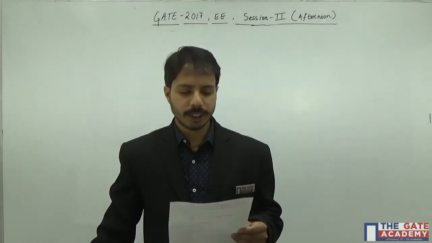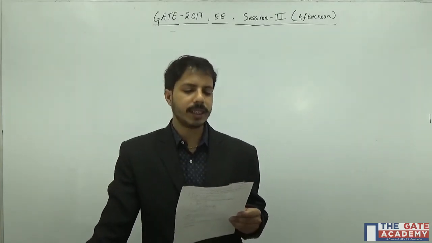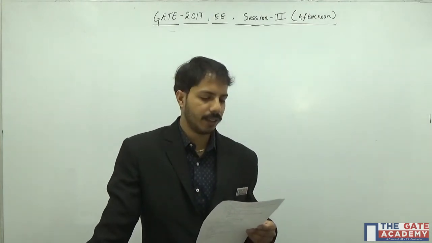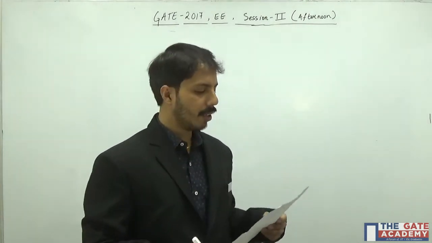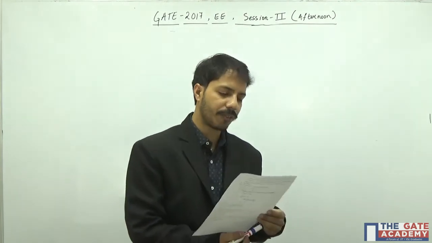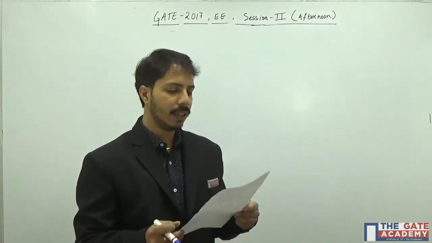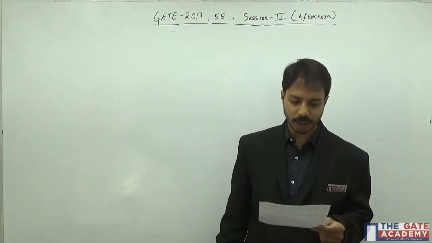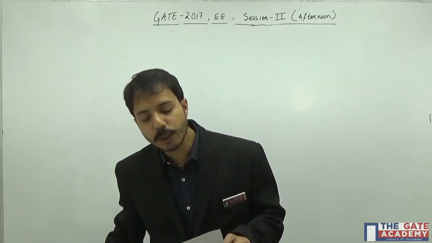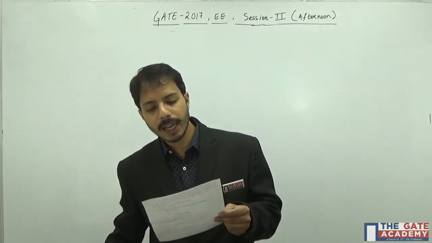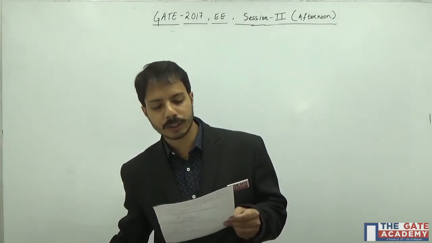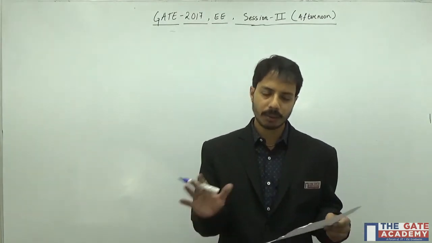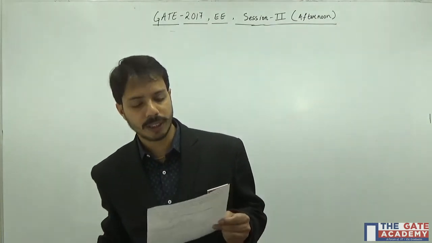Okay, this question is from control systems. It says consider a system described with the following state space representation. The state space representation is given, and from that representation you can find out the values of A, B, C, D. And once you find out those values, what is asked in this question is, if u(t) is a unit step input and x1 and x2 values are 1, 0, that means that initially it is not at 0 condition. So there is some initial condition also which you have to consider.